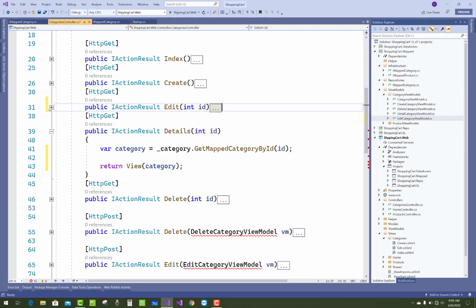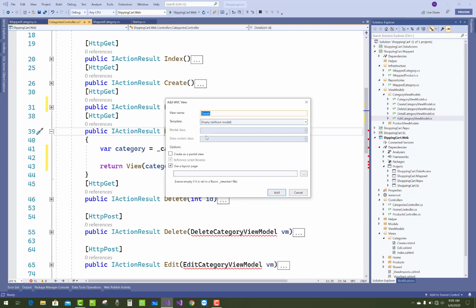So the get section of index, create and edit is clear. Also delete details is clear.